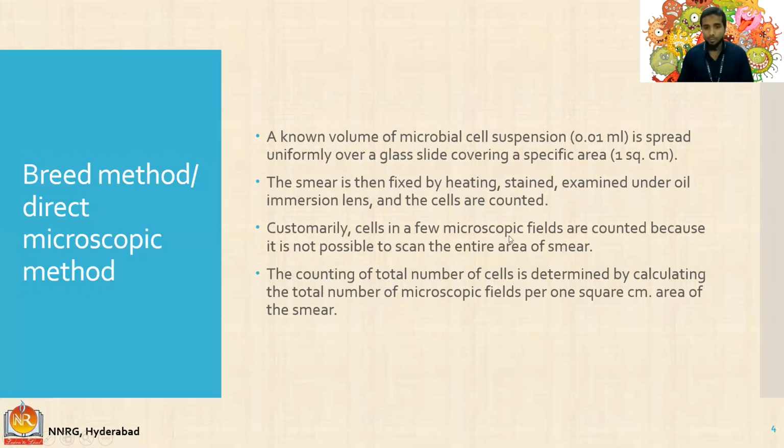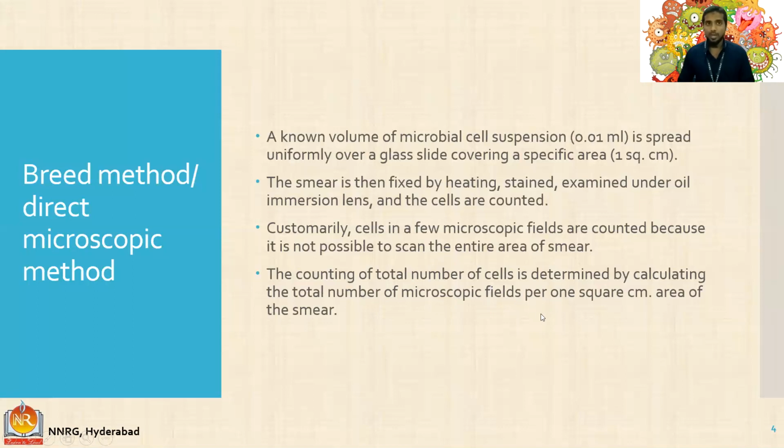Customarily, cells in a few microscopic fields are counted because it is not possible to scan the entire area of the smear. So a particular area will be counted, and the average number of cells present will be taken, and then we will be counting the total number of cells present. The counting of total number of cells is determined by calculating the total number of microscopic fields per 1 square